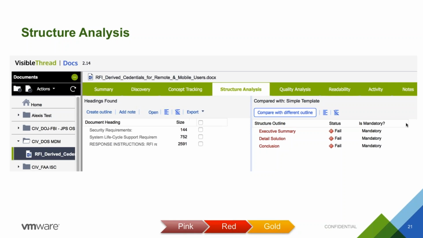So what this lets you do is upload your outline for your document, and in some cases that outline might actually be specified by the customer or by the government. So in our case, that happens quite a bit. We want to make sure that we don't miss a section and then end up being non-compliant and being disqualified. So we'll upload our outline to the tool, and then when we get our final outputs in each of these pink, red, and gold team reviews, we'll run it through the tool to make sure that we haven't accidentally deleted a section or added sections that shouldn't be there. So that's what this is for. It's great. It really helps a